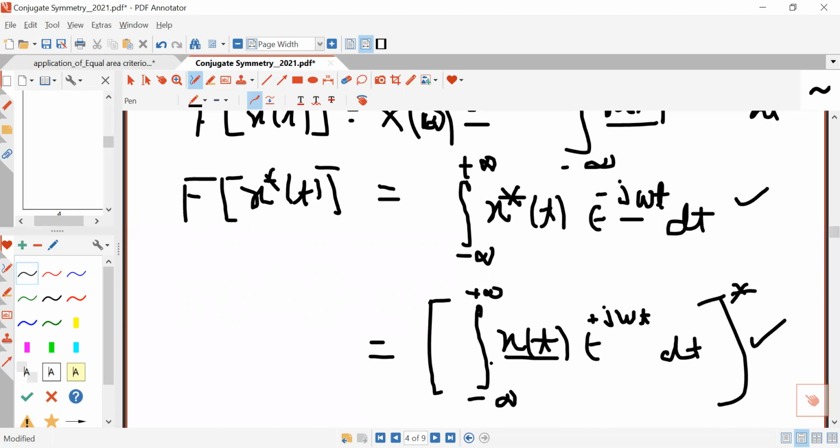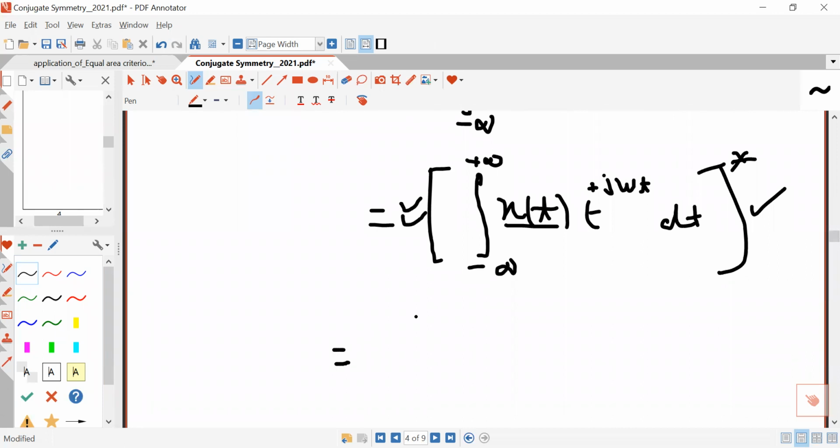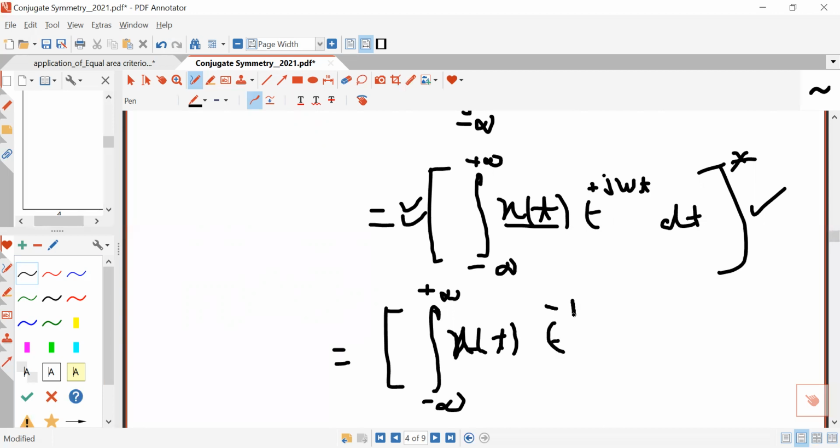So you can replace this integration with this term, or you can write this expression as the integration from minus infinity to plus infinity of x(t) e to the power minus j minus omega t, so it will again become plus j omega t dt,